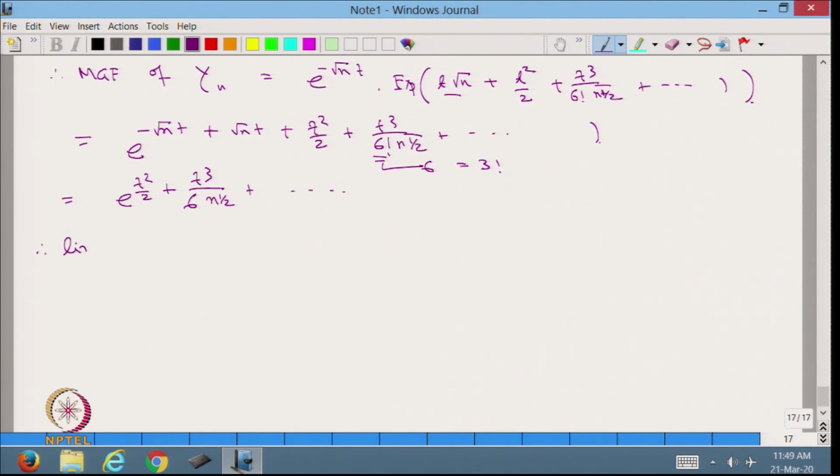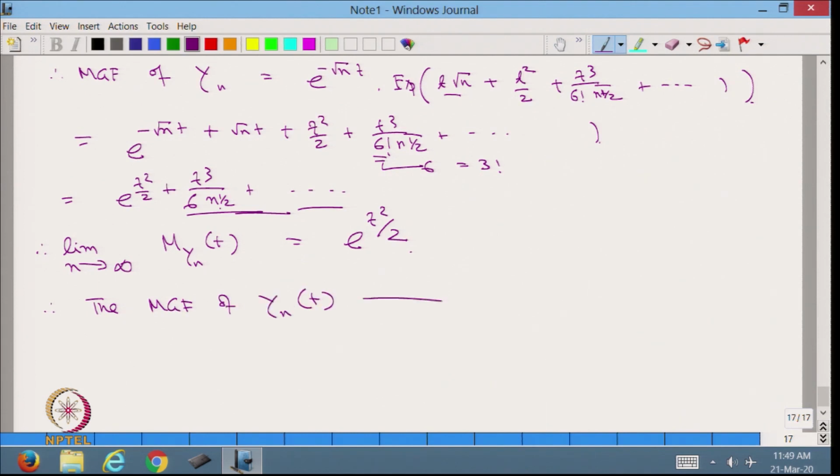Therefore, the limit as n goes to infinity of MGF of yn at t is equal to e to the power t square by 2, because all these terms go to 0 as n goes to infinity. Therefore, the MGF of yn at t converges to e to the power t square by 2,